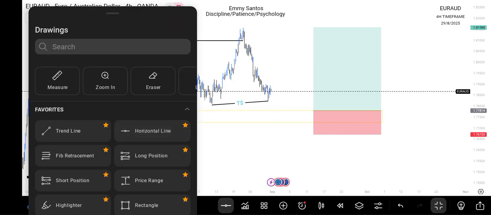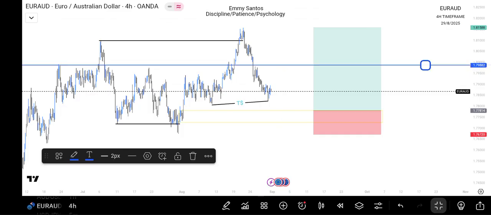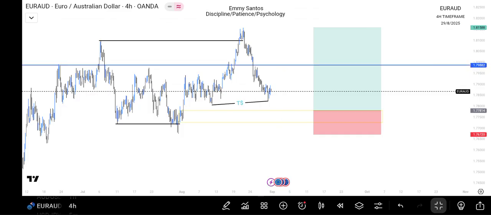Although my first TP will be here, my first TP will be there, because of that fair value gap you are seeing there. And lastly,